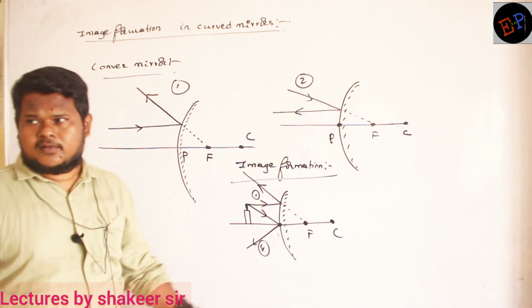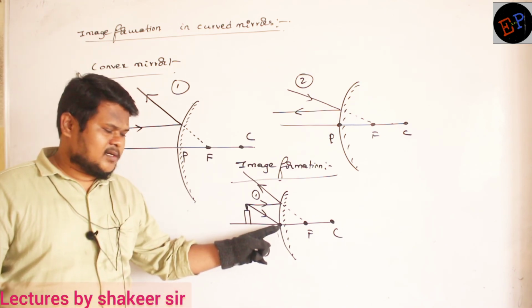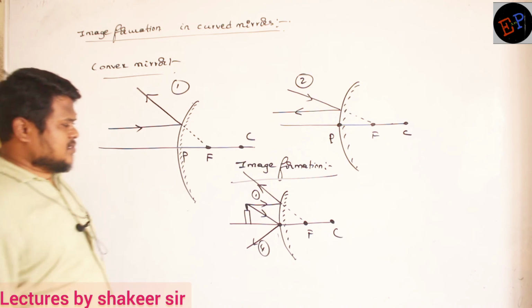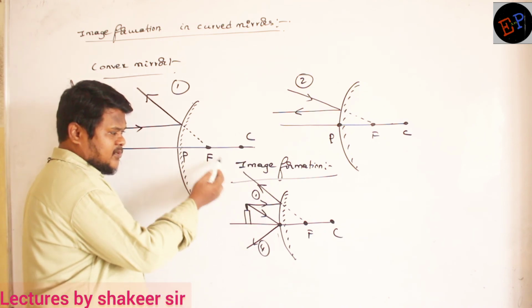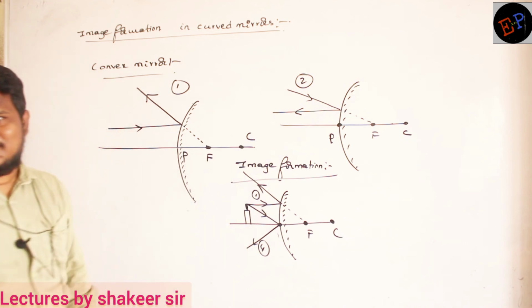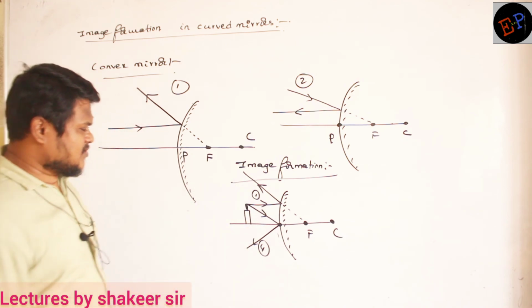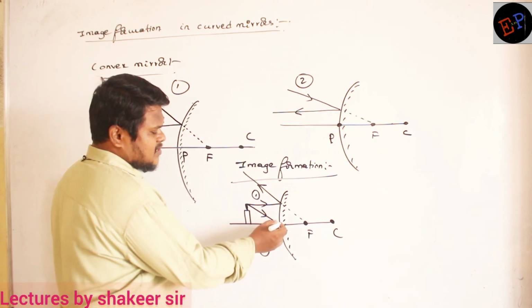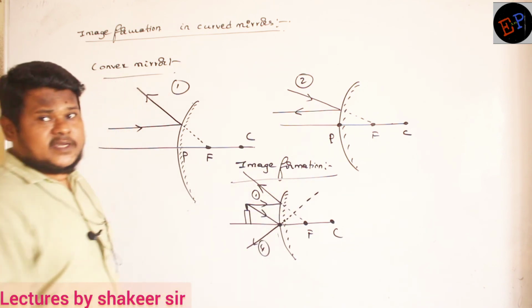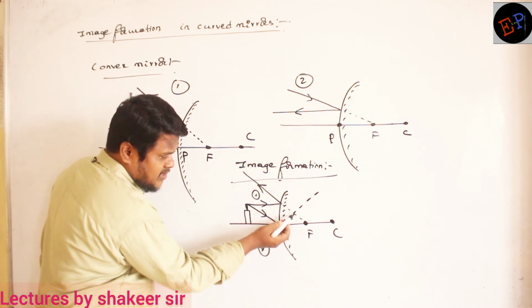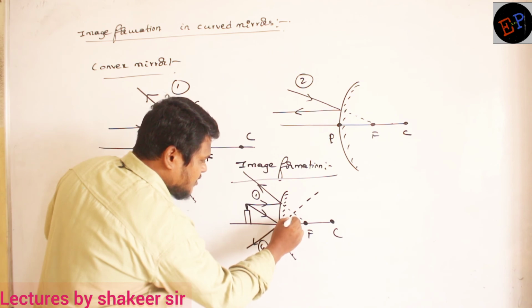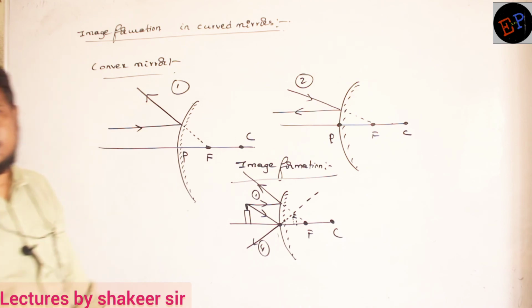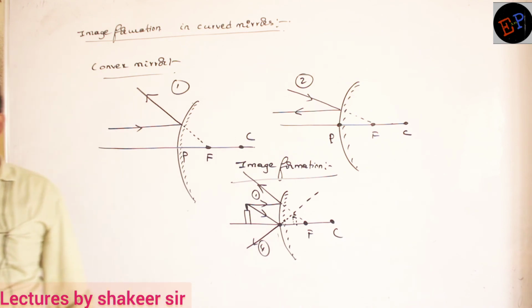Ray number 4 I have not drawn. I hope you can understand, no? Light ray falling at an angle of theta should reflect at the same angle. See, ma, this one and this one, are they meeting with each other? One is going towards Kashmir, the other towards Kanyakumari. They never meet with each other. Clear? So therefore what I have to do? Extend them backwards. If I extend them backwards, extended light rays are meeting here, no? It means that a virtual image is created here. This is the virtual image which is created. Are you able to understand now?